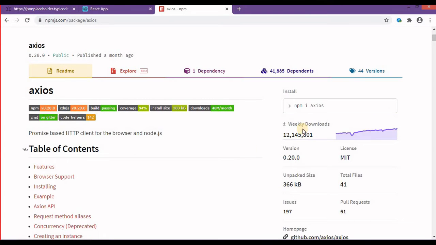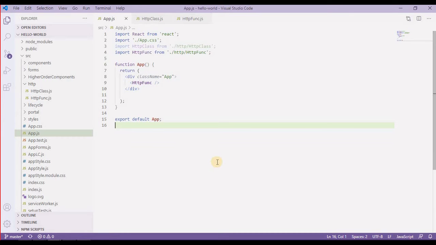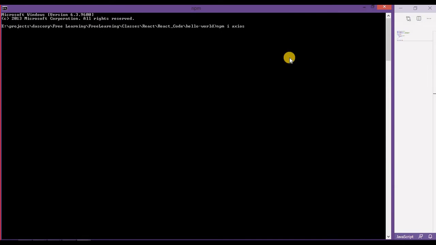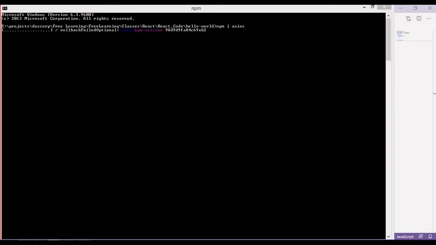I have copied this, and now I'll go back to my terminal, open up a new terminal, and install this library. It will take some time.